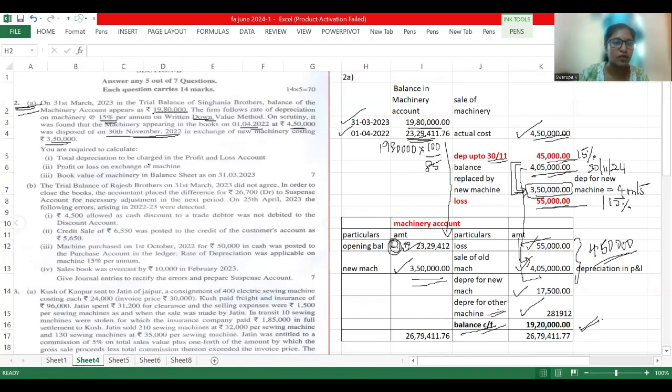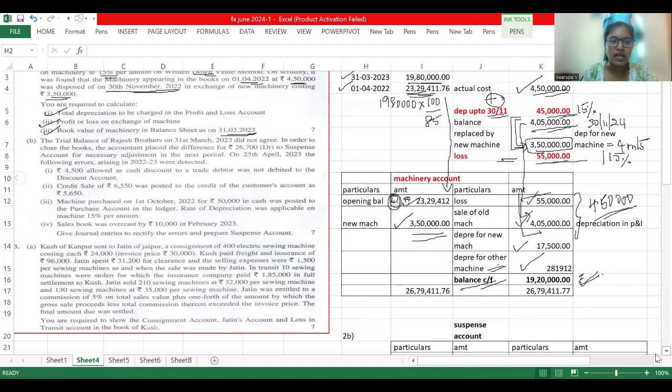So in your question, you are asked to calculate profit or loss, which you have computed. Then total depreciation, which is nothing but the depreciation of the old machinery, depreciation of the new machinery, and the balance depreciation for other machineries. Then book value of machinery as on 31/3/23, which is from the machinery account, we are calculating the book value or the closing value as on 31/3/23. So this is how this question should be approached and solved. Now next one,